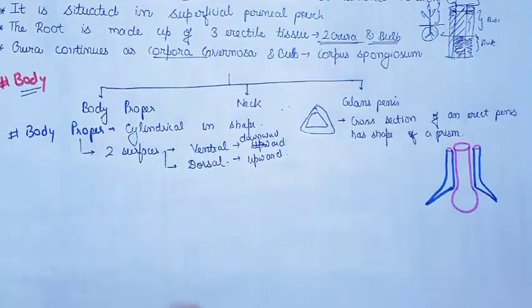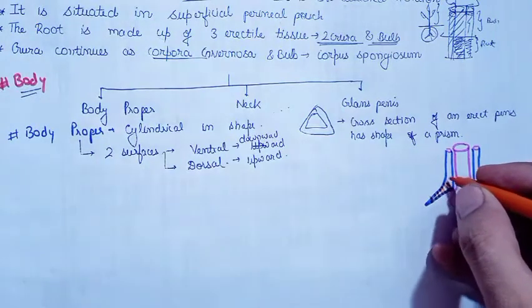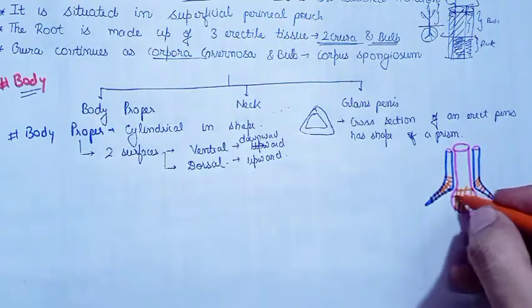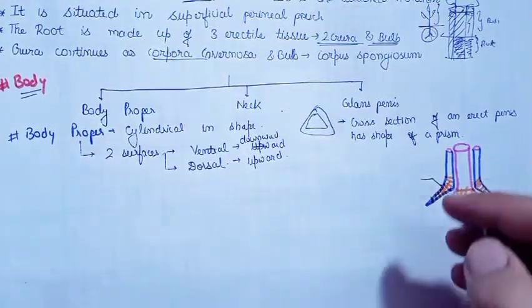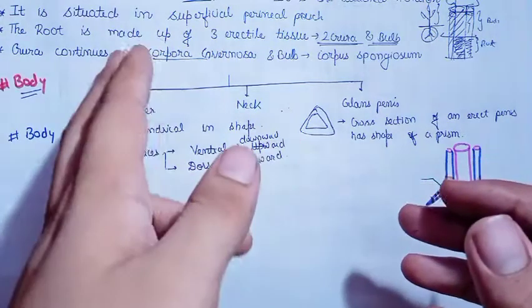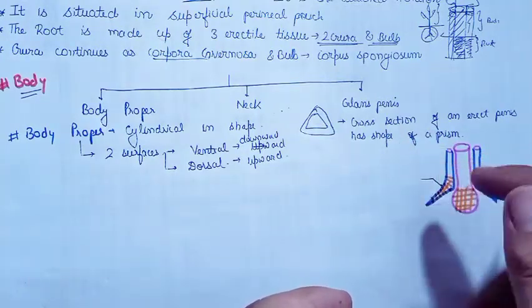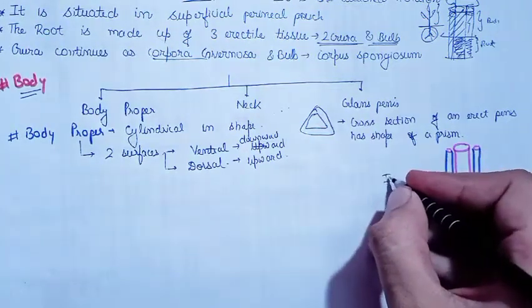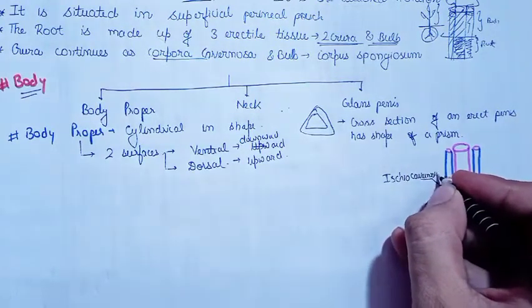So the crura and the bulb are covered by some muscles. Both the crura are covered by some muscle, and also the bulb portion is covered by some muscle. So what is actually this muscle which covers the crura and the bulb part? The crura lead to the cavernous part, or the corpora cavernosa. So the muscle name is ischiocavernosus, because of the presence of the ischium bone and the attachment of the crura to the ischium. So the muscle covering the crura part is the ischiocavernosus.